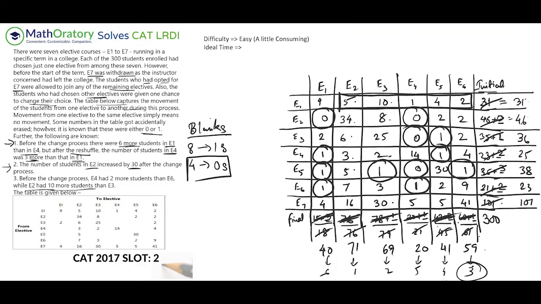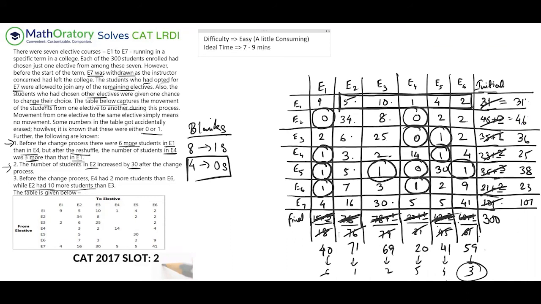A little time consuming because of one factor definitely being you have to redraw the entire thing. That is obviously the best way to go about it. You cannot do this without redrawing the table. But then also the last question, a little bit more time it would take. So a little time consuming here and there. So just because of the time consuming part, I would say this set might require somewhere in the range of 7 to 9 minutes. So I'm putting again a wider range here.